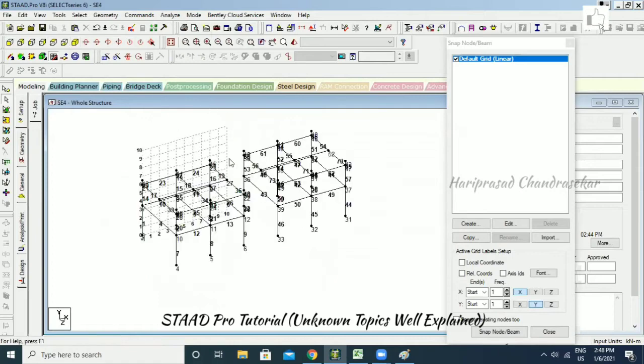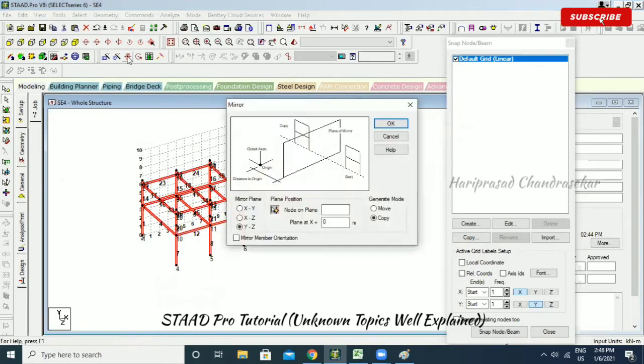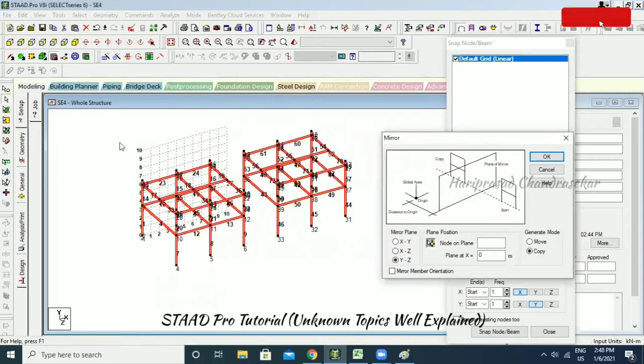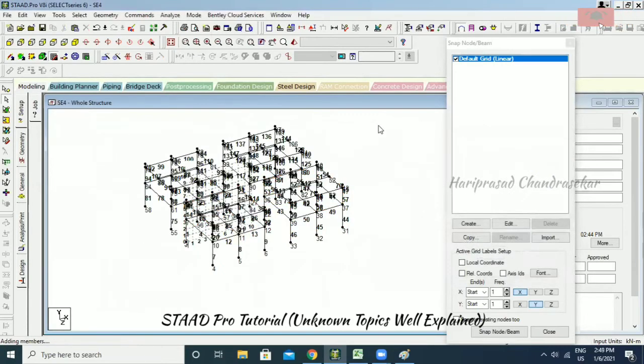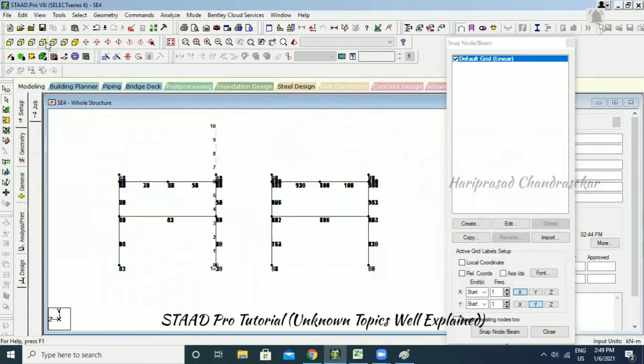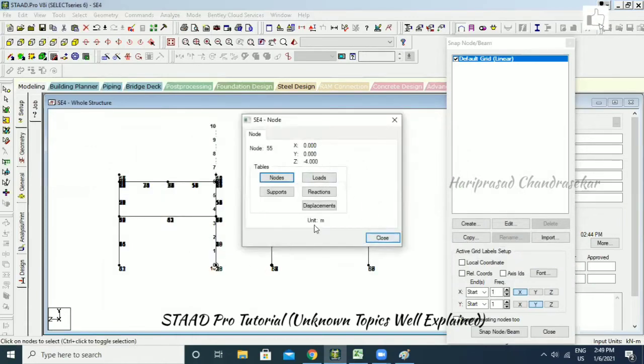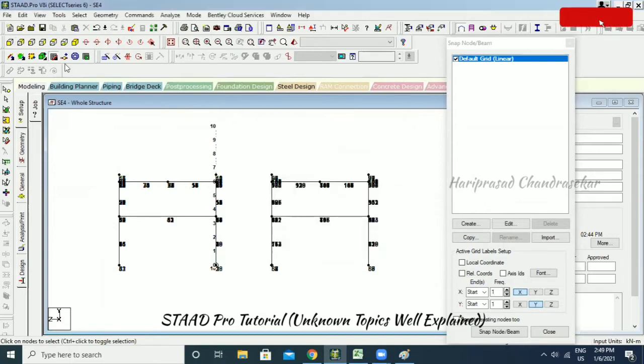Okay, like this you can use mirror. Now I'm selecting again. Again, I'm going for this icon for mirror, here in this way towards minus Z. So you need to select which plane, the XY plane. You can go for the XY plane, and you can put minus 2 that side. I'm going to click OK. Now, can you see that? Now we got minus 2 here. So that's why we also have minus 2 in between the 2 spacings. So 2, minus 2, minus 2, minus 2, minus 4.